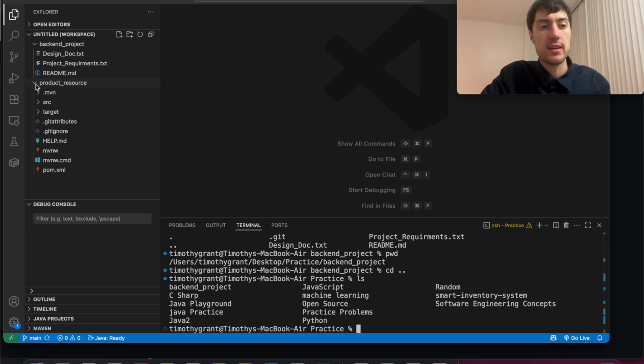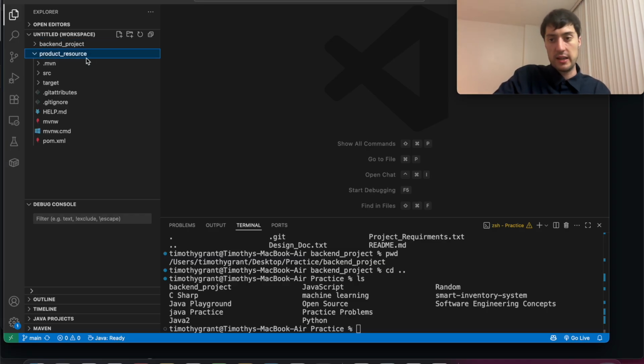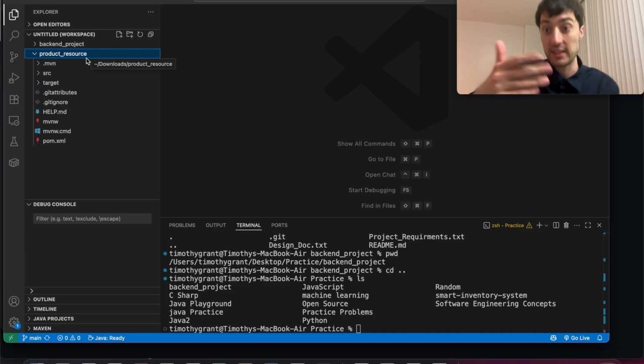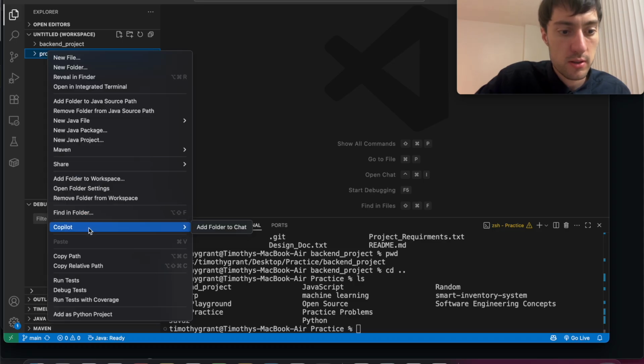Okay, so that actually is more evidence that what I was initially thinking is correct. So I added this to my workspace, and this just gives VS Code kind of the context to this project. But this actual thing right here is located in some location. And I didn't change the location, so it's probably wherever, like downloads or something like that. So I think what I'm going to do is I'm going to delete this,